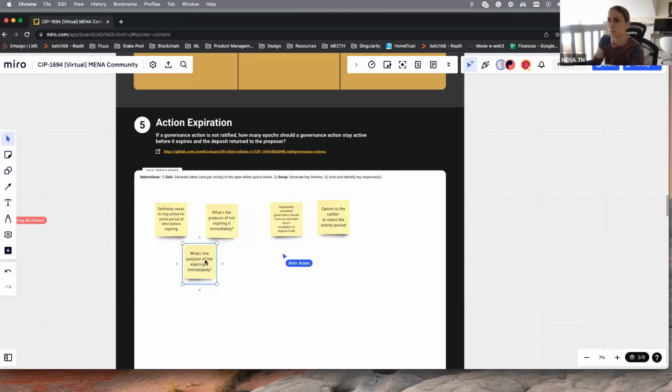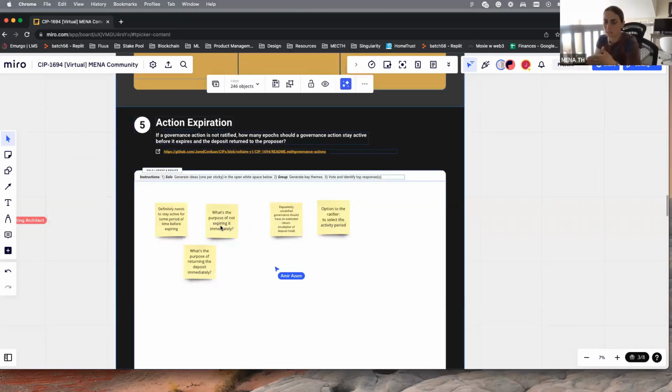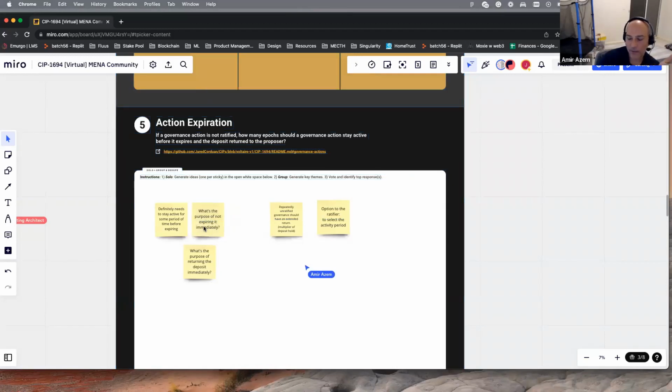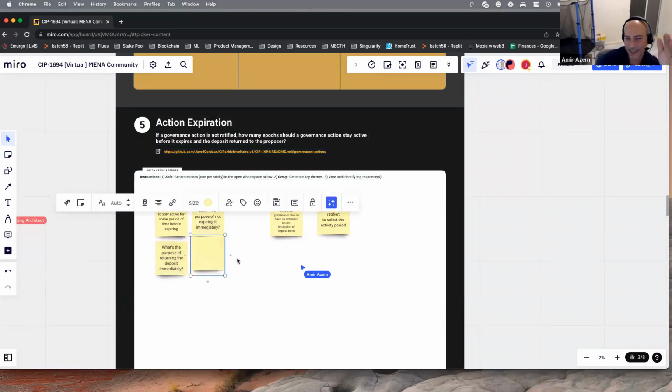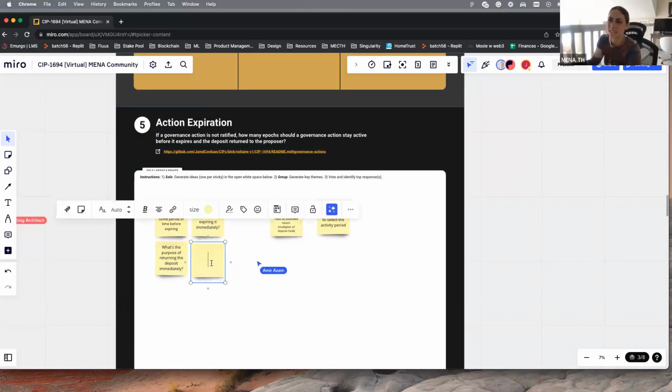And then what's the purpose of not returning the funds? Because you're right, I think it should expire immediately, but maybe wait to return the funds for 1 or 2 epochs. Or the amount of time it took for it to not be ratified is the amount of time it will take for it to be returned. I don't know. Maybe they should hold the deposit for as long as he gets no's. So if he gets 100% no's, it should be extended indefinitely. You never put in a proposal again.